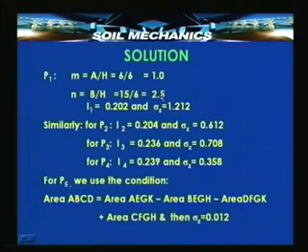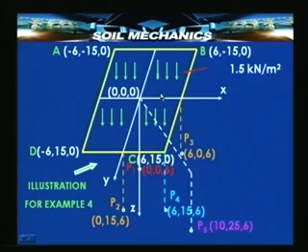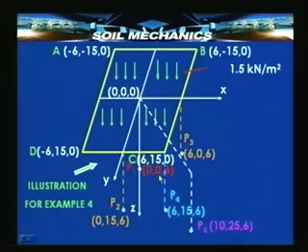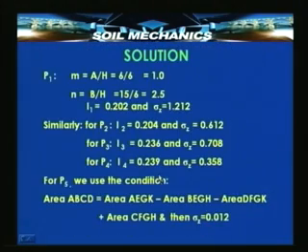So, if we now go here and consider the influence coefficient chart we already have here, corresponding to m equal to 1 and n equal to 2.25, which comes here, we can work out the influence coefficient. That will be somewhere here, and that influence coefficient is what we need to consider, and that comes out to